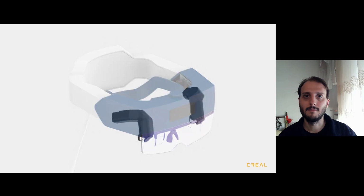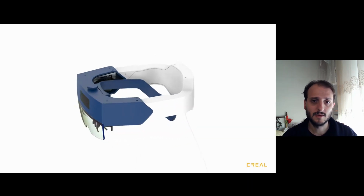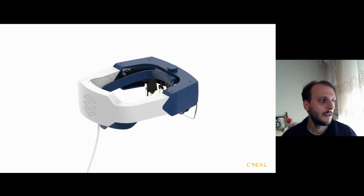And I was super excited because I never tried light fields in my life and I've always been curious about it. So when they started showing me the scene, I saw the 3D elements in front of me and it really looked like a HoloLens. The field of view was around 55 degrees diagonal. The elements were quite transparent. There were virtual elements in front of me. The tracking was more or less working. And the first impression, also because the element was about 1.5 meters in front of me, like the focus distance that you have on the virtual elements of a HoloLens,